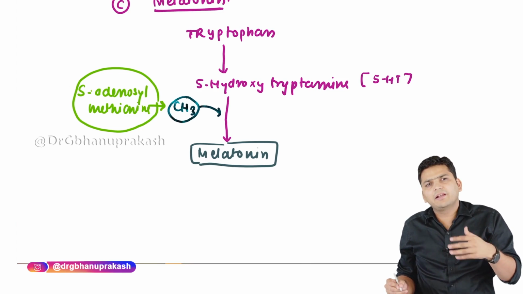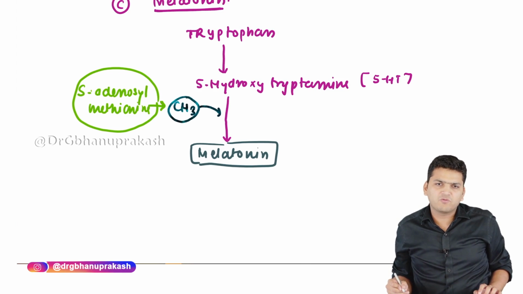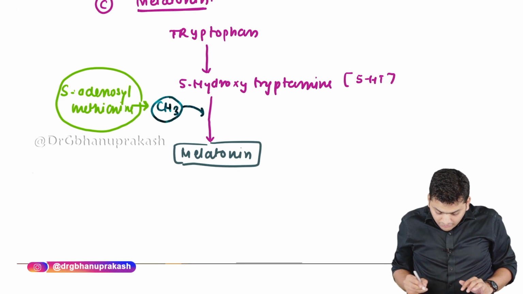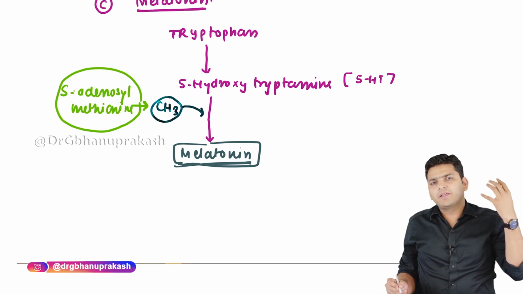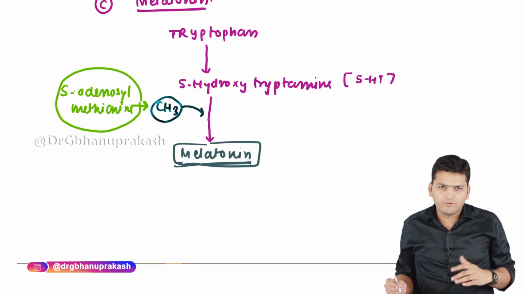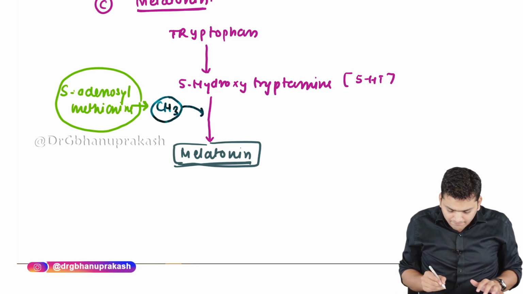Melatonin is basically a methylated form of serotonin. Melatonin should not be confused with melanin, because melanin is for the skin complexion. Melatonin is not for the skin complexion. Melatonin is found in the pineal